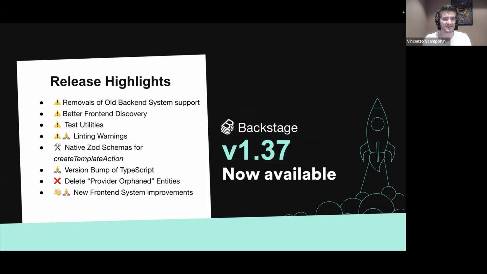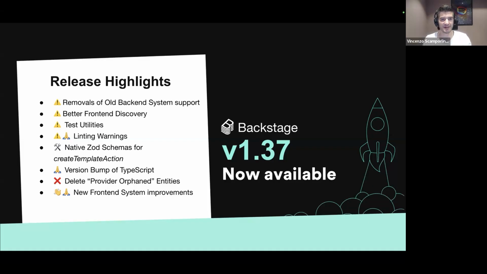Then the next change is a change that affected the test databases utility. If you're using this utility without passing any customization, there will be a breaking change. Basically, it will run Postgres major version up to 17. So if you use this utility, your tests will run with this new major version of Postgres. So check it out. And the other change affected the lint command, which was basically used to throw errors for warnings. Now instead, warnings are treated as warnings. So if this is a problem for you, there is a flag to restore the previous behavior.